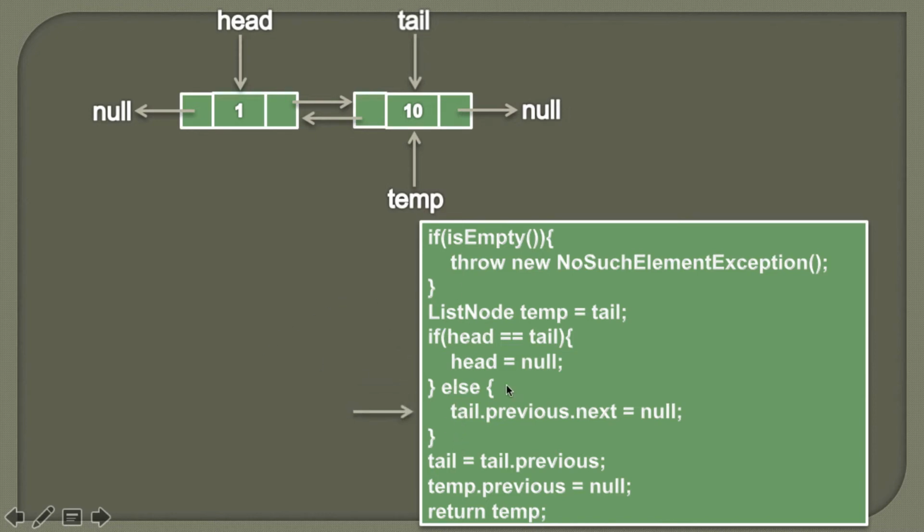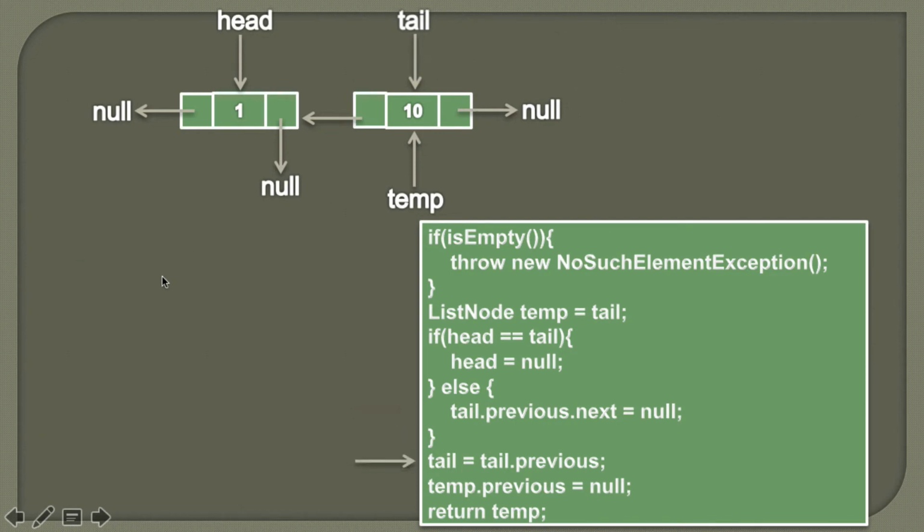And in the else part we'll do the same, as we need to remove this link. So we will traverse a node back and we'll assign a null value to its next. So we'll simply do tail.previous.next and assign a null value to it. So tail points to the second node, and when we do tail.previous we are reaching to the first node, and then to its next we are assigning the null value. So it would look something like this. So the link which was referring to this node, we have removed it.